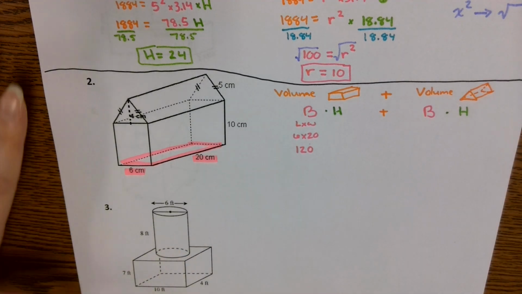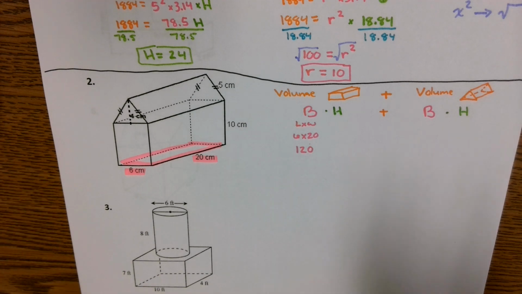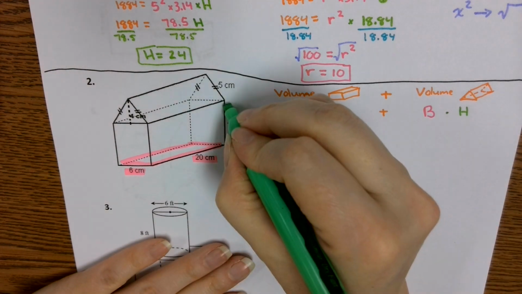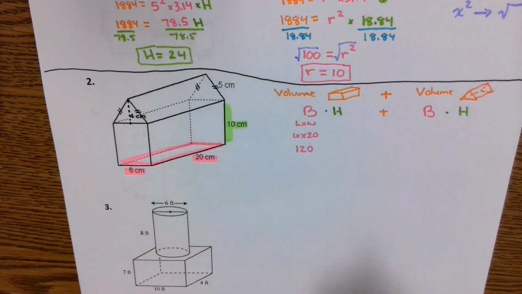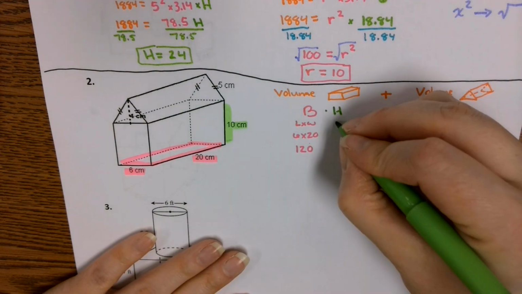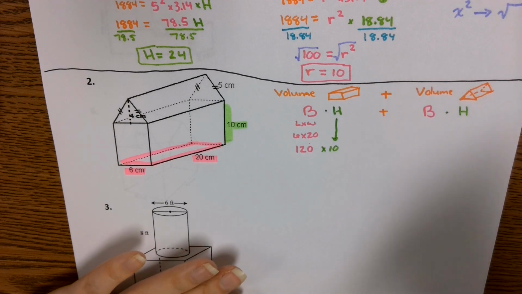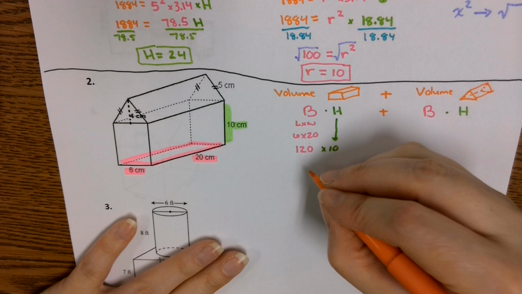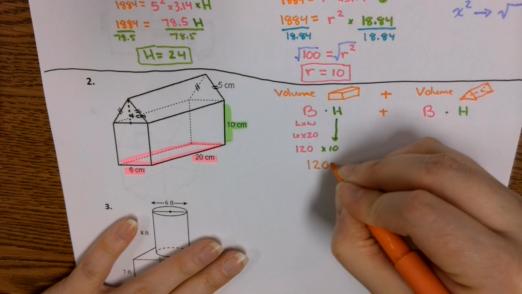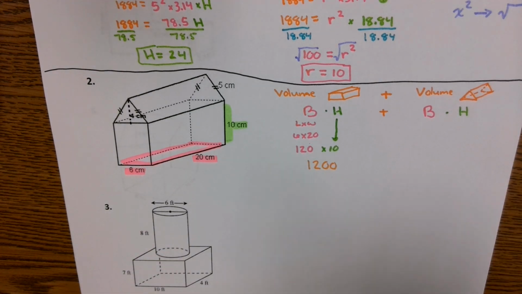Okay, that means what value has to be the height of the rectangular prism? 10, right? 10 has to be the height for the rectangular prism. So we're going to multiply this all by 10. So when we do 120 times 10, that gives us a volume of 1,200 for the